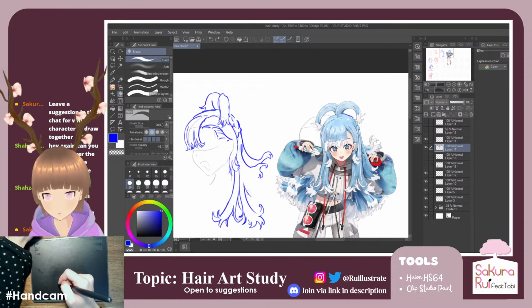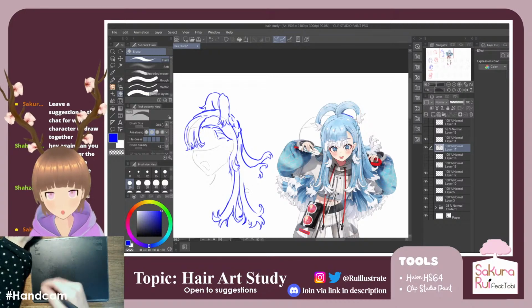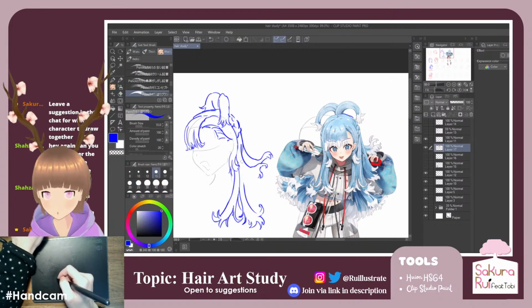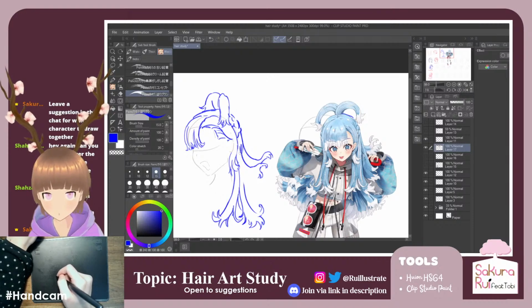Okay, these two strands that come to the front are probably the longest, but also that's probably the biggest piece